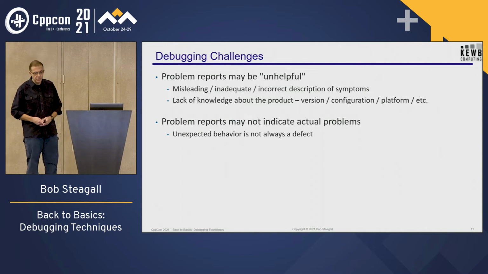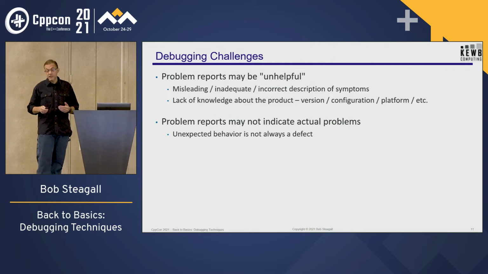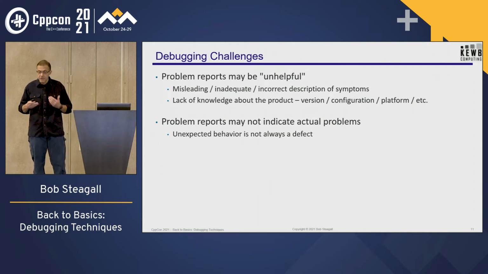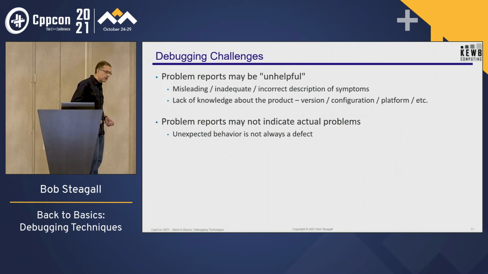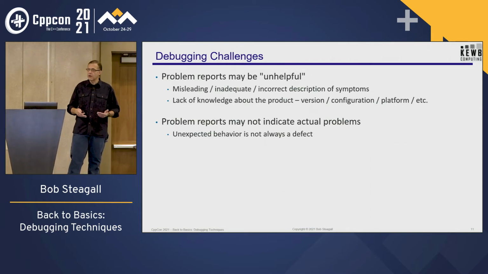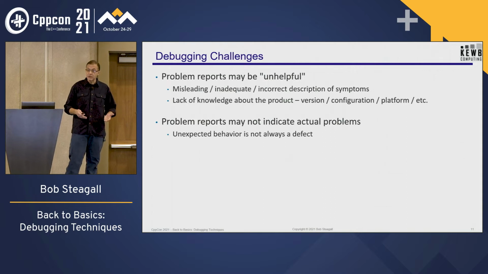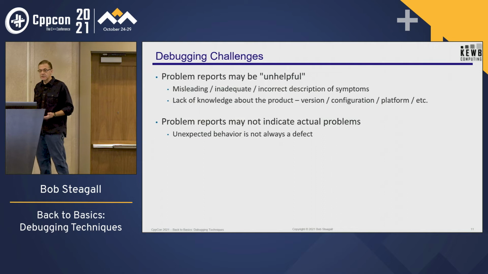Problem reports don't always indicate the actual problem, and sometimes unexpected behavior could be due to a lack of knowledge on the user's part, and it's not always a defect. Or unexpected behavior could actually be correct behavior, at least if it meets the requirements, right? A program could be creating some output that no one expects, but when you think about it, or you go back and look, it's like, all right, here's a corner case we never considered. The program's actually working correctly, we just never thought about this corner case, right? It's not necessarily a defect.